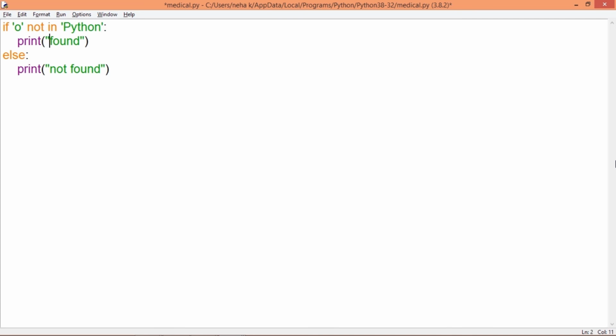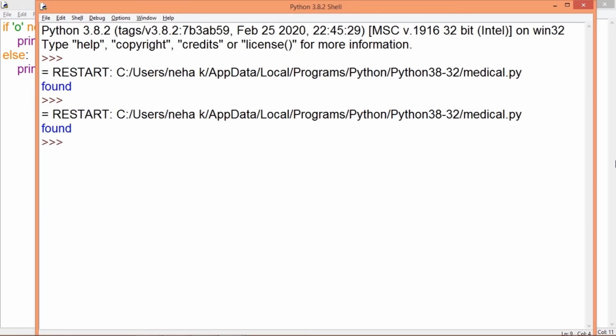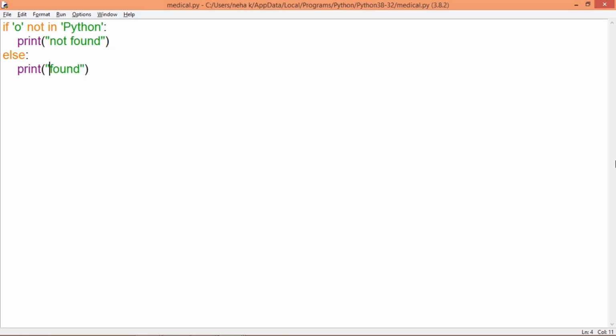So I'll have to change this statement. I'll write here not found, and then I'll write the else part as found. So you can see the found statement has been printed, but this time it has been done with the help of the else statement, because the if condition was evaluated to false and the else part got executed.